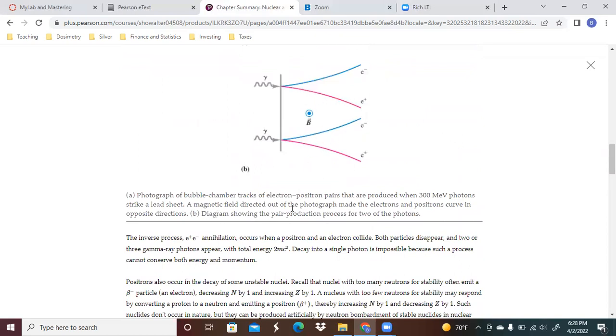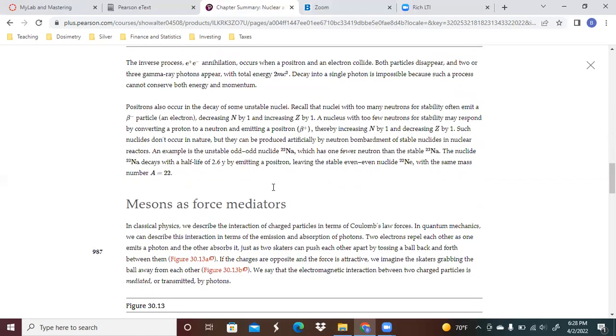So this diagram shows the pair production process for the two photons. You've got a photon coming in, and then an electron and a positron, negative and positive, are produced. And you can see where they're going in this particular magnetic field. So when these two particles annihilate,